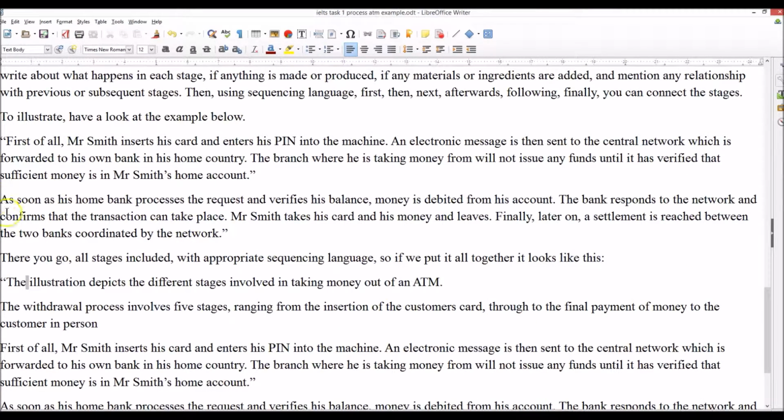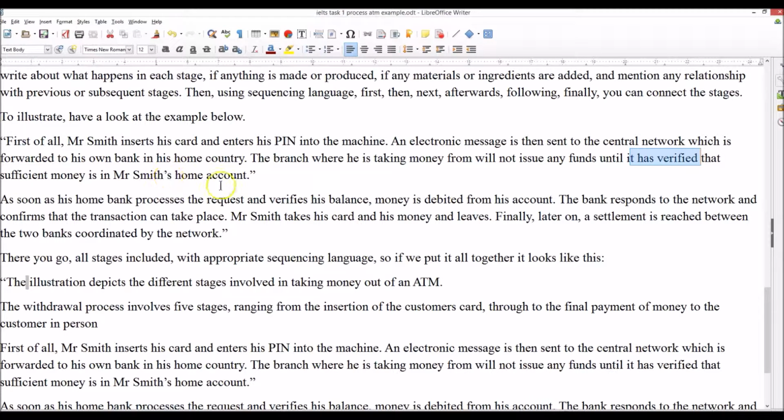So we could say, first of all, Mr. Smith inserts his card and enters his PIN into the machine. So that's the first stage, stage 1. And the electronic message is then sent to the central network, which is forwarded to his own bank, blah, blah, blah. The branch who is taking money will not issue until it has verified, so that's the next stage,